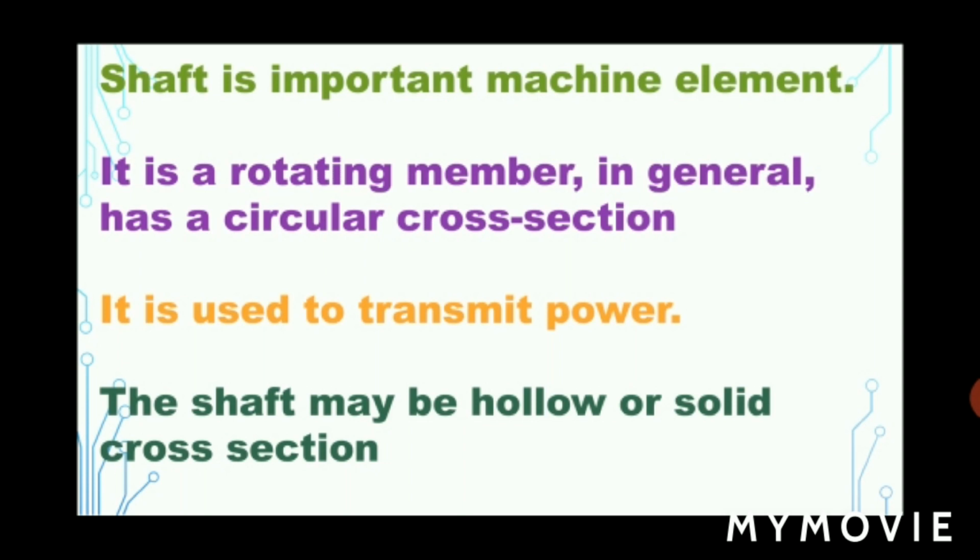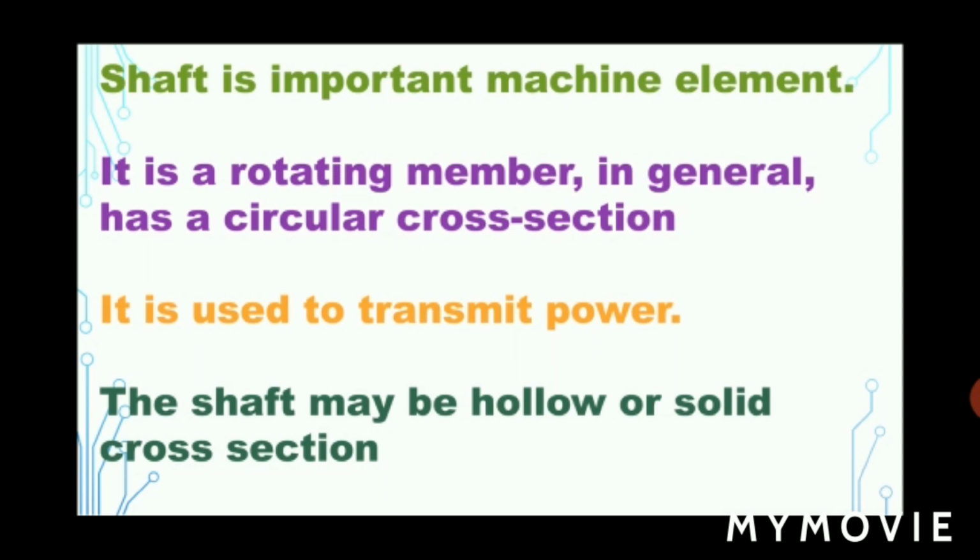Right, fine. Now, already we discussed that the cross section is a circular cross section. Circular cross section means the shaft may be a hollow or solid cross section. If you observe this phenomenon of a hollow or solid cross section, you can recollect that you came across this idea in your earlier classes. You already solved so many problems based on these things, right?